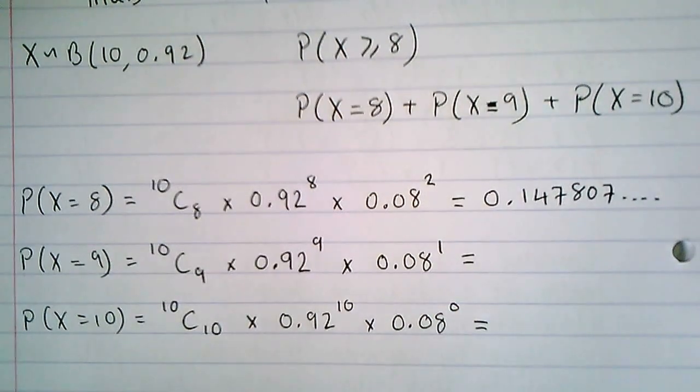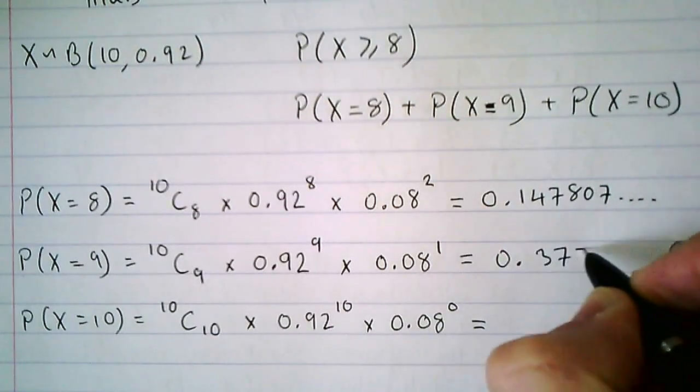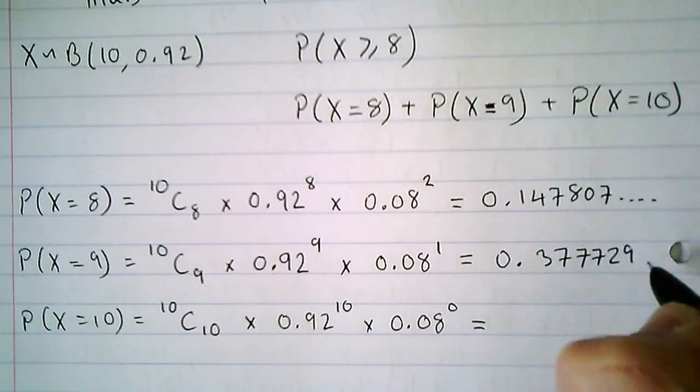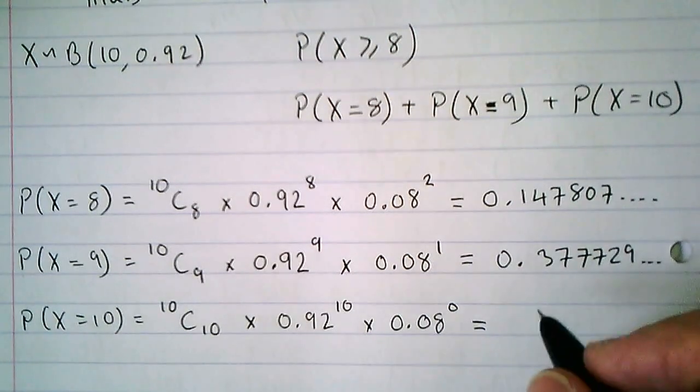Next one is the same, so we're going to do 10 choose 9 multiplied by 0.92 to the power of 9 multiplied by 0.08 to the power of 1. Here we're going to get 0.377729... And then the final one, this will be 10 choose 10 multiplied by 0.92 to the power of 10 multiplied by 0.08 to the power of 0 at